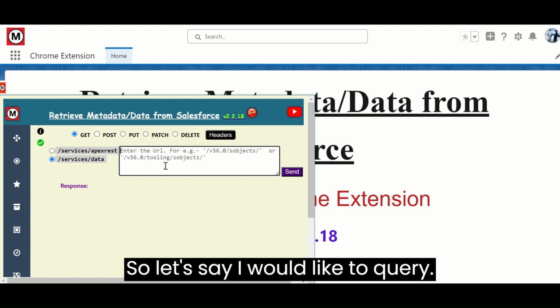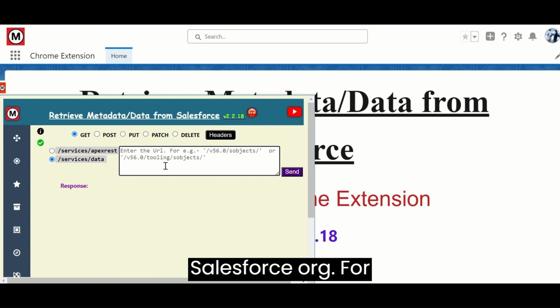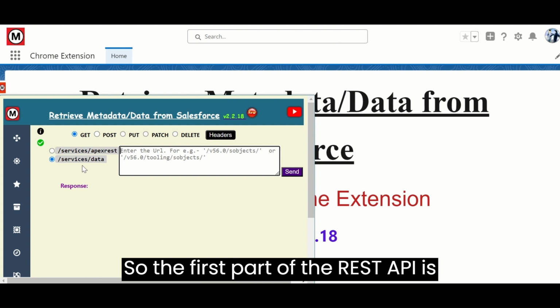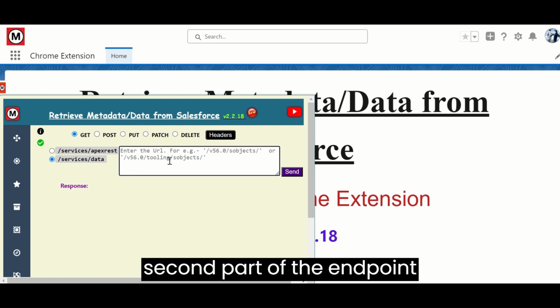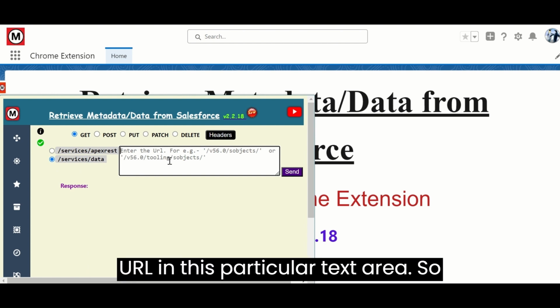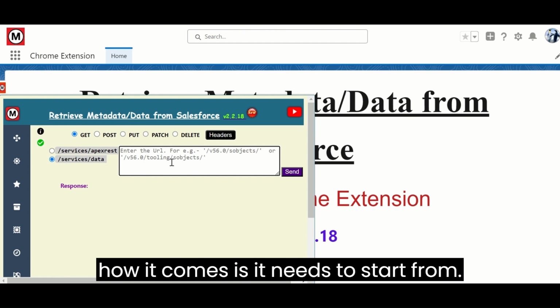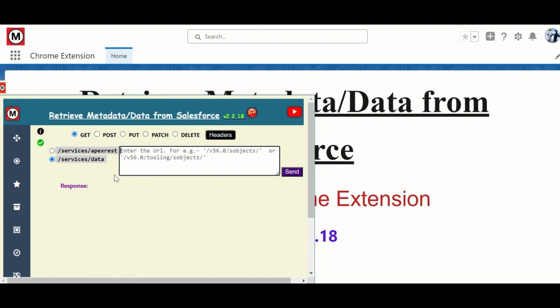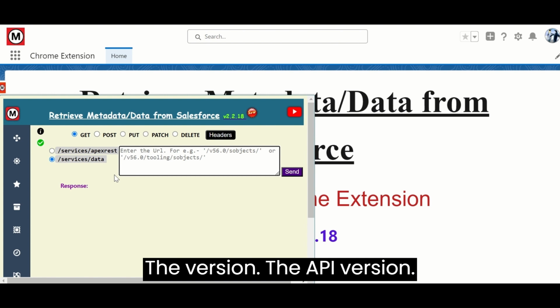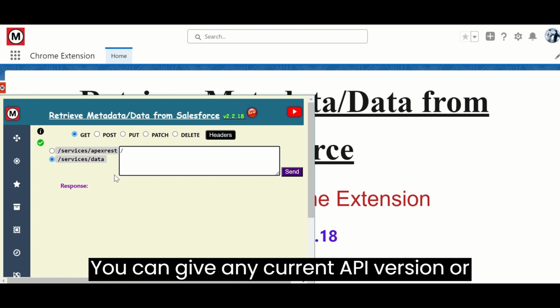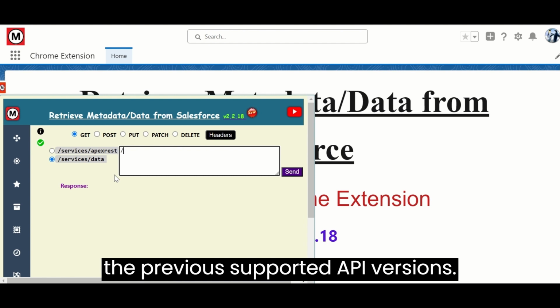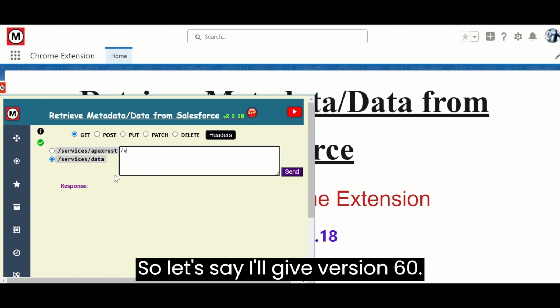So let's say I would like to query the Salesforce org for the cases. How to use the REST APIs here? The first part of the REST API is already there, that is /services/data. You need to put the second part of the endpoint URL in this particular text area. It needs to start from / the API version, the current API version. You can give any current API version or the previous supported API versions. So let's say I'll give version 60,